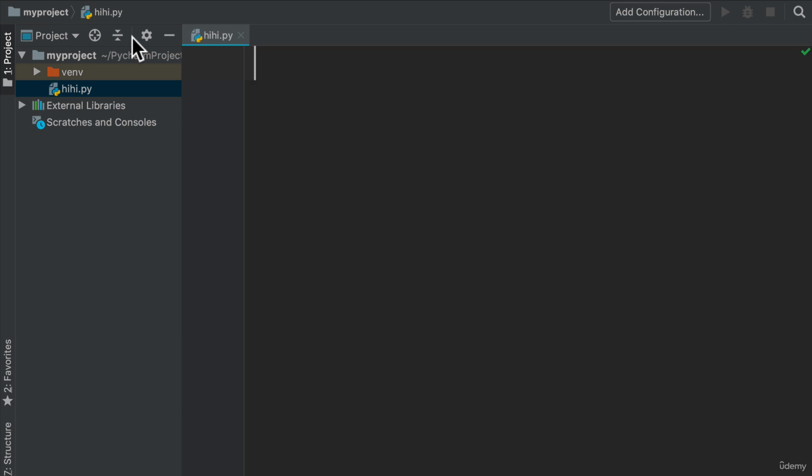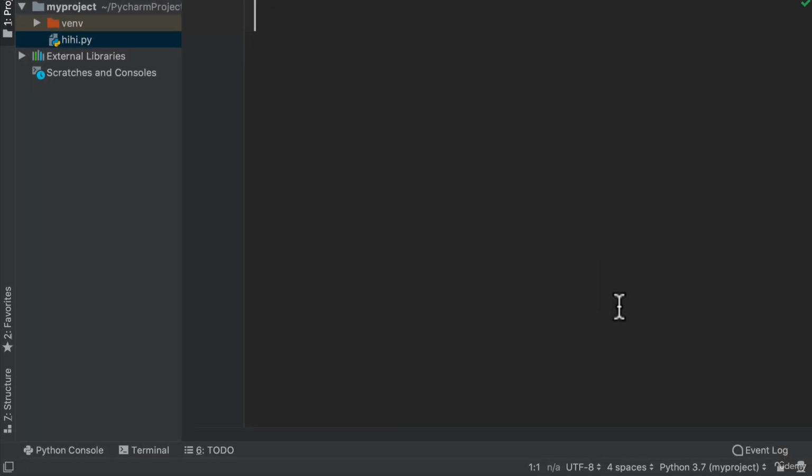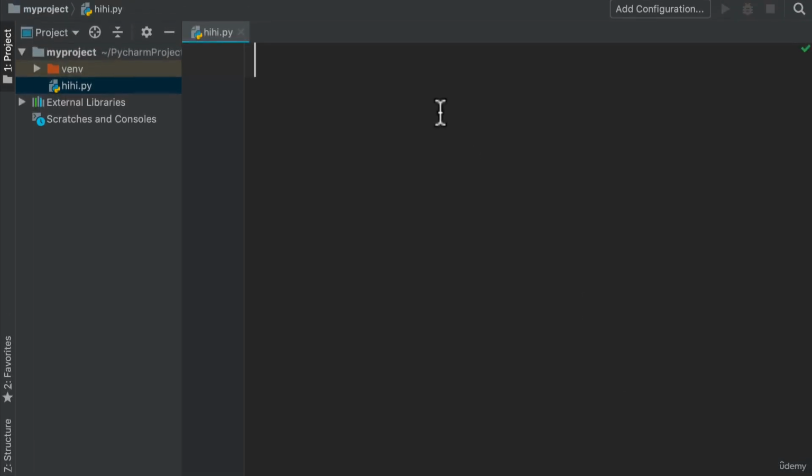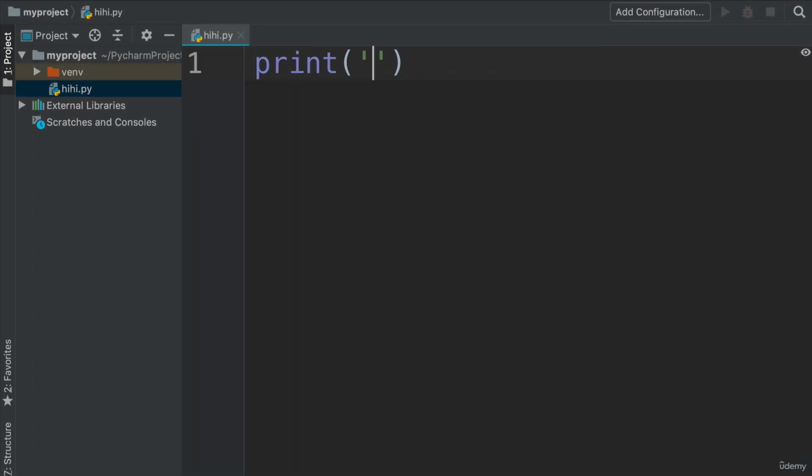Now, the interesting thing here with PyCharm, I know we have a ton of things that we might not be familiar with right now, but the key thing is that Python 3.7 is running our project. And if we type something like print, hey, we get a ton of interesting things. First, we get a typo saying, hey, this whole hey is not an English word. If I add spaces, look at that. It even gives me typos of English words.